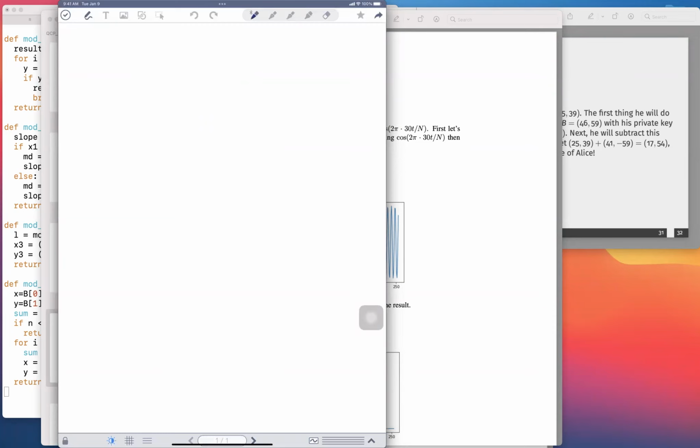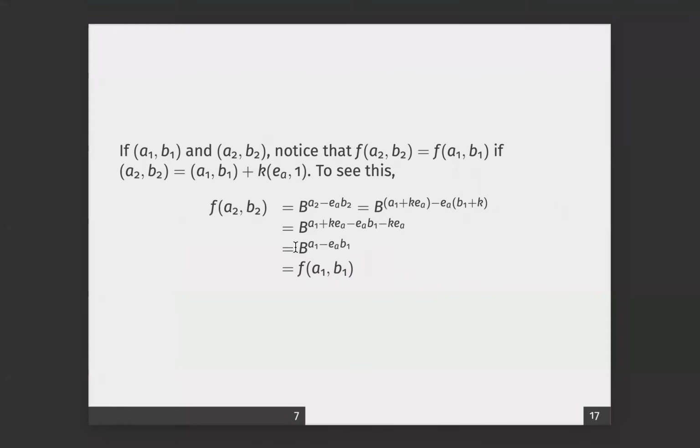The function is defined as f of AB is equal to the base point B raised to the A minus the private key multiplied by B. So if A2, B2 is equal to A1, B1